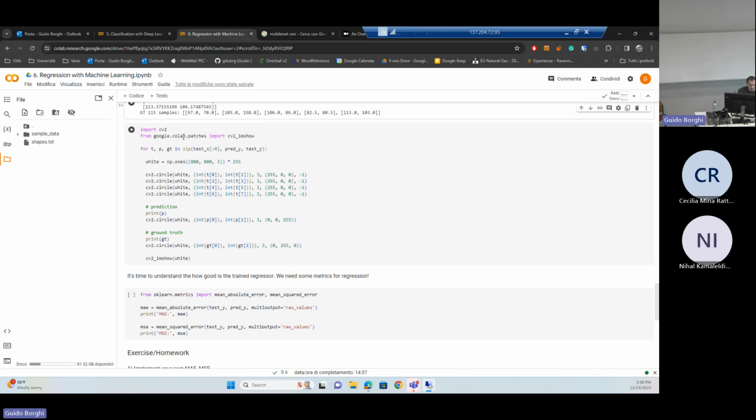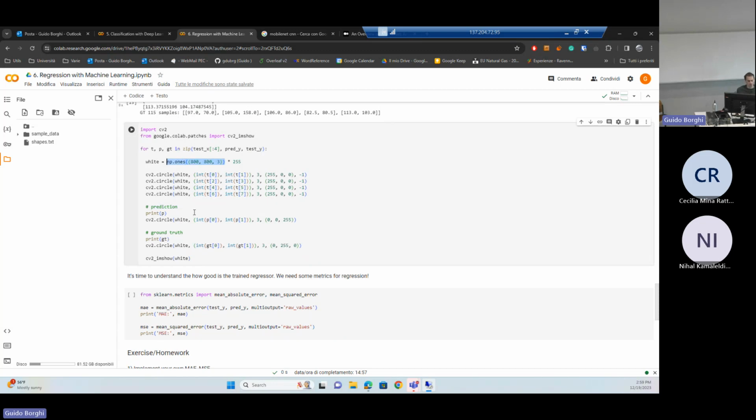Lastly, we can print, and also we can visualize the prediction of our method, of our regressor. As you can see here, we are going to see only the first 4 predictions for simplicity, but you can change these values. And we are going to draw our prediction on a white paper, we can say, that is obtained using the